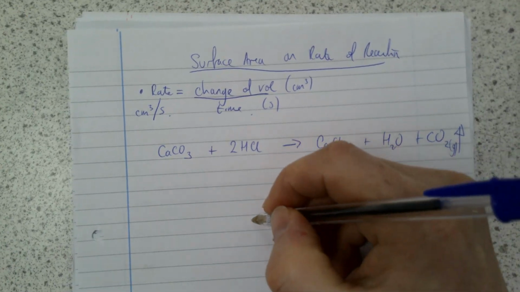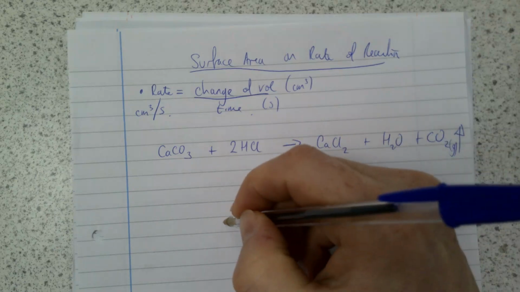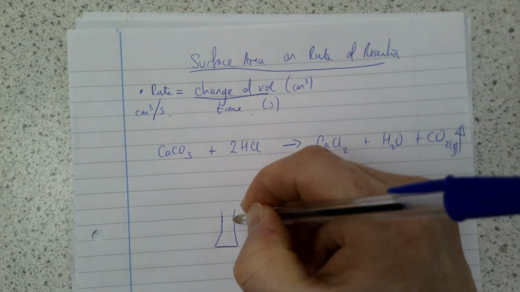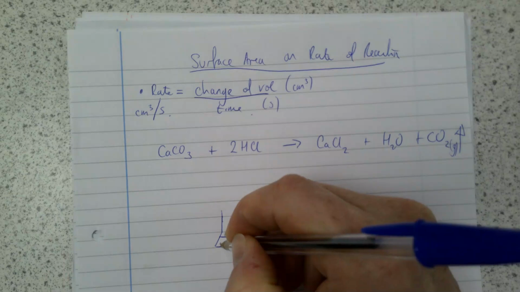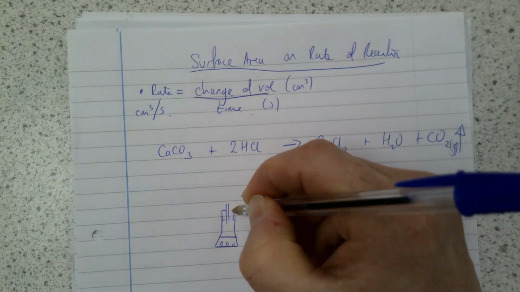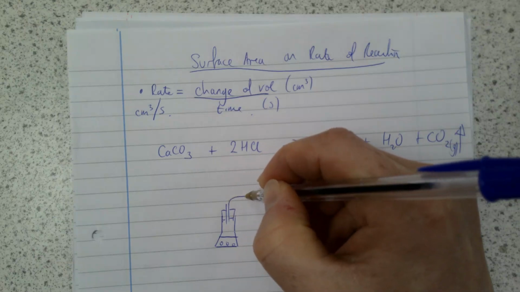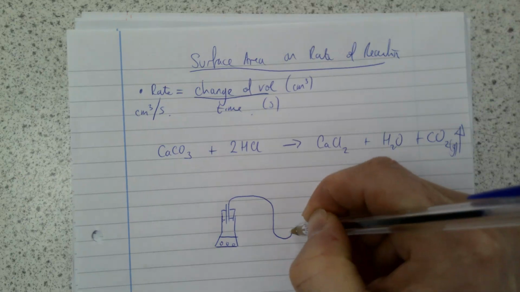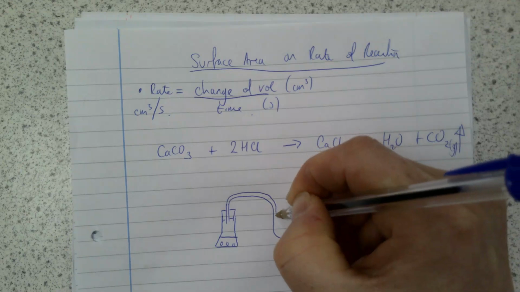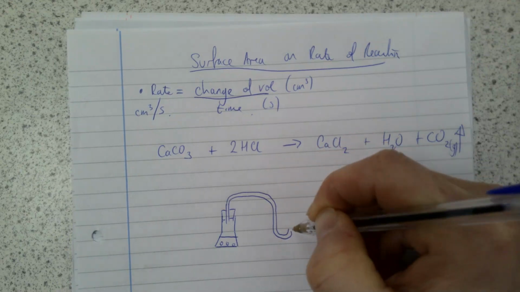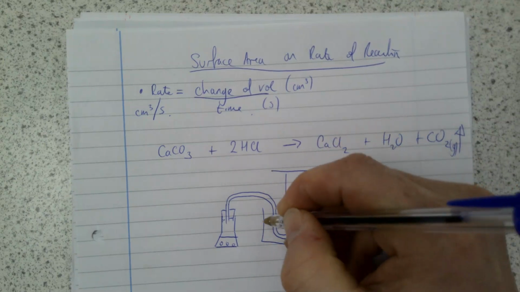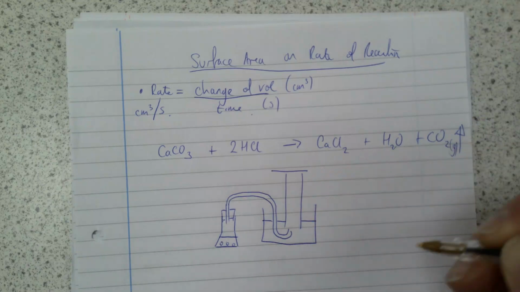It's worth being able to just sketch that. So I'm going to draw a bad effort at sketching that now, and you can have a crack at copying it. So it's quite small. So you had a measuring cylinder which contained marble chips, a delivery tube that came through a bung, and the carbon dioxide passed through the bung, through the delivery tube, into an inverted measuring cylinder that was filled with water,